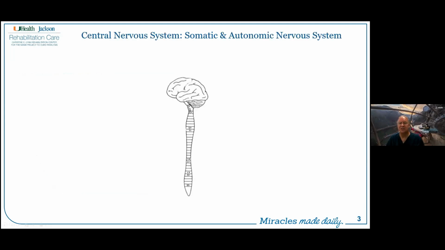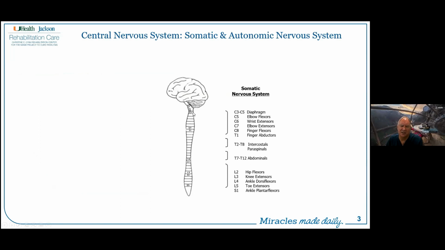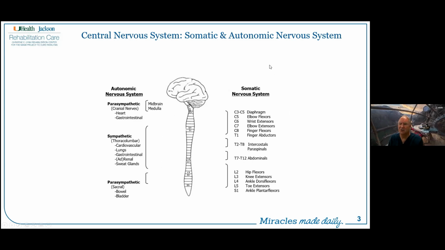So as a reminder, the central nervous system is comprised of the brain and the cord. As we look at different levels of spinal cord injury, we see that it will affect more or less motor and sensory function. As you go down the cord, the person will have a greater amount of muscular function and sensory function. But we also recognize the influence of the autonomic nervous system on the comorbidities, particularly because of sympathetic blunting and the fact that we now have parasympathetic dominance.